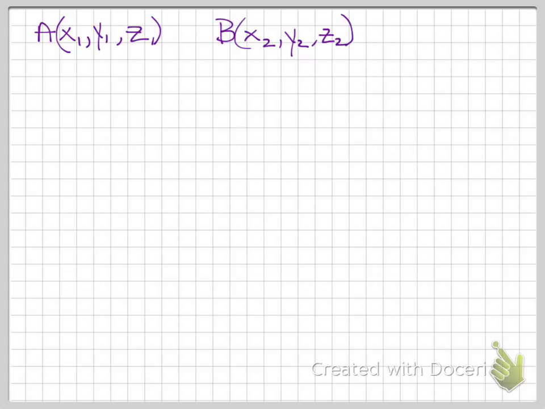Now, if I want to find the vector that is formed between these two, if A is my initial point, and if B is my terminal point,